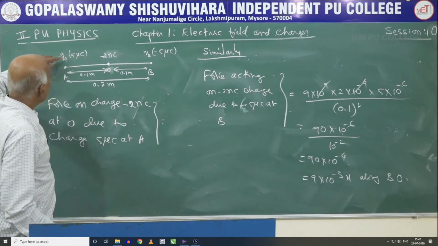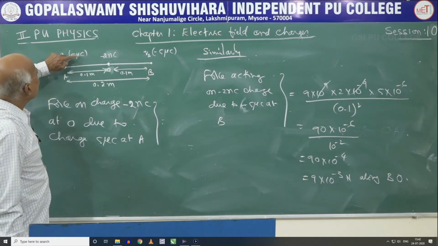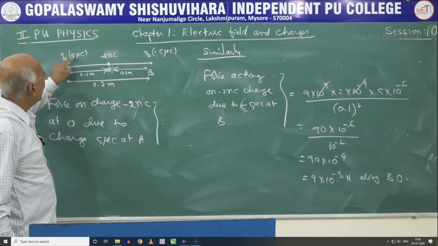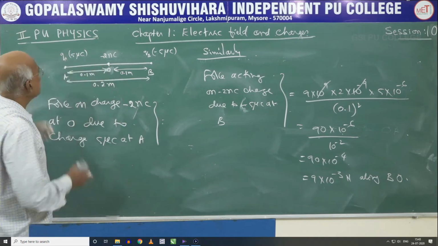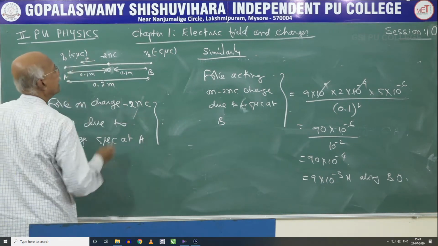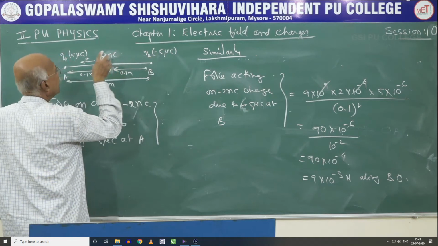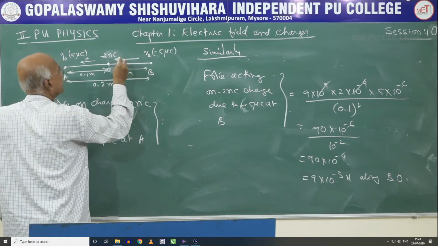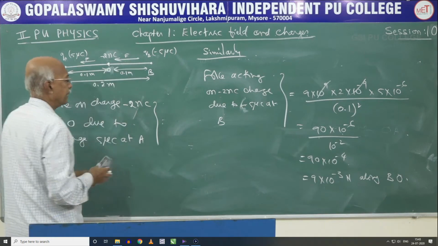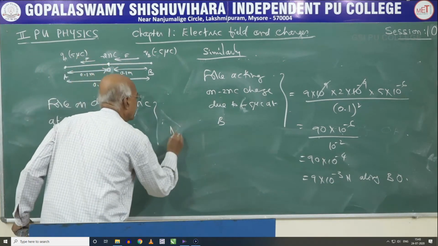So the plus Q charge, 5 microcoulomb charge acts on minus 2 nanocoulomb and this pulls it along this direction. So this is the direction in which the force is available due to this. So this minus 5 coulomb opposes this, or therefore this moves along this direction. The two forces are acting along the same direction, therefore the net force